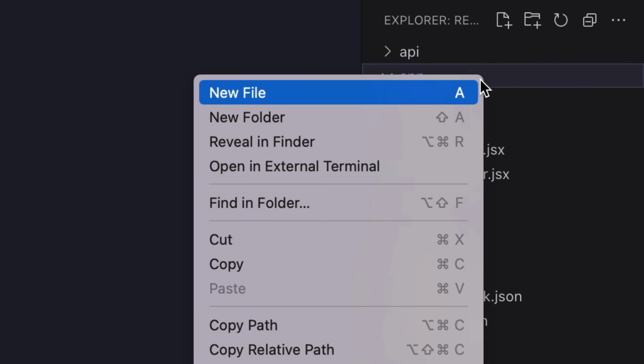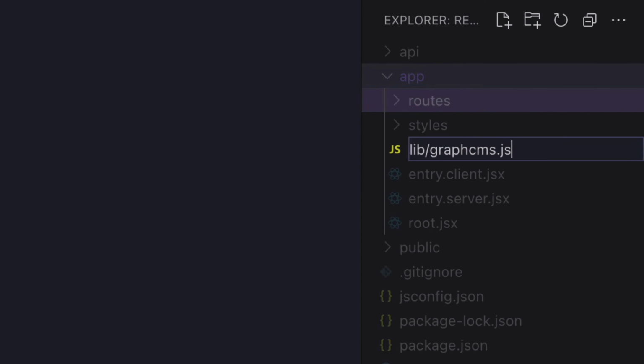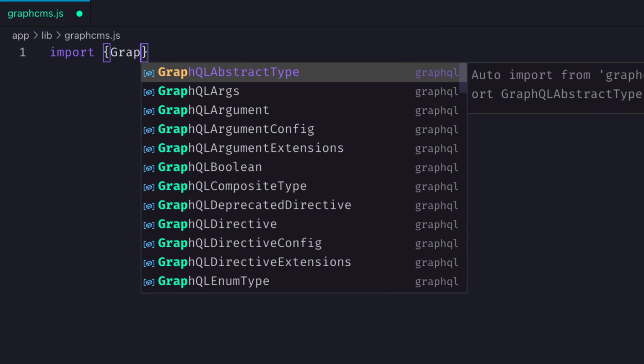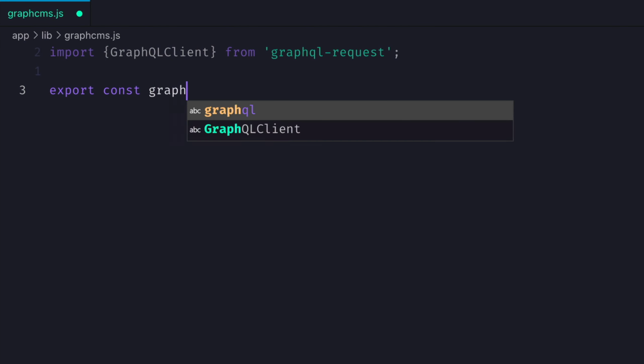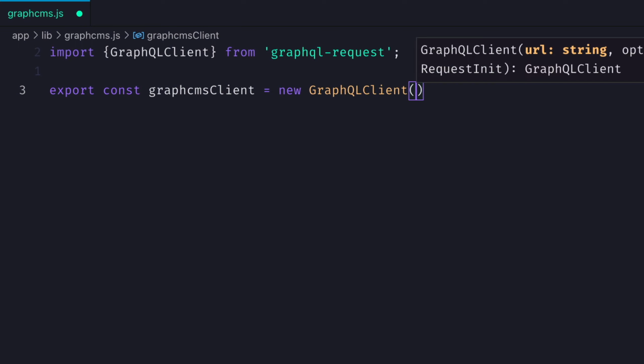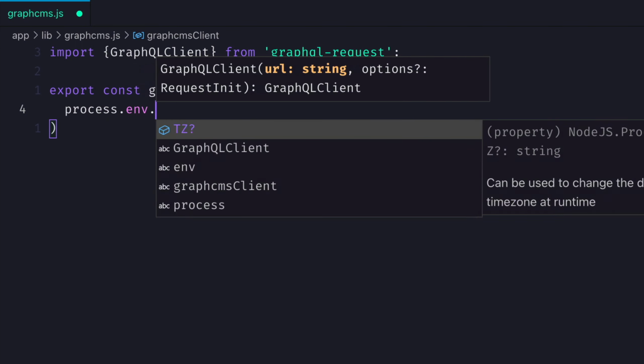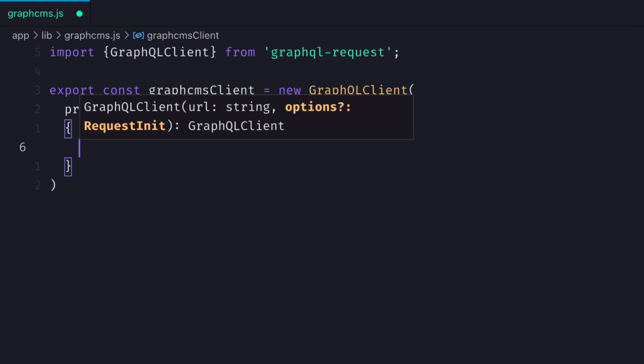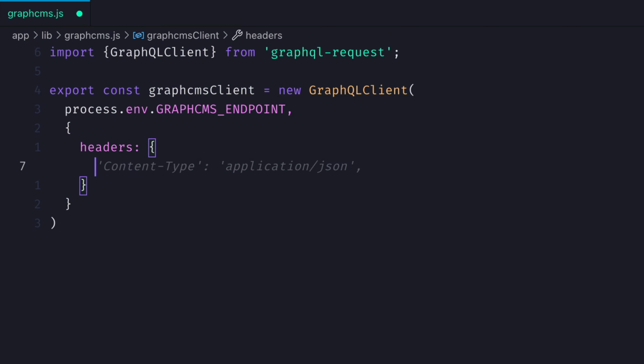Then inside of the app directory within our project, we'll create the file graphcms.js. Inside of here, we'll import GraphQL client from the GraphQL request package, and we'll export a new const called GraphCMS client, which will invoke GraphQL client. We'll need to pass some environment variables, and we'll need to install